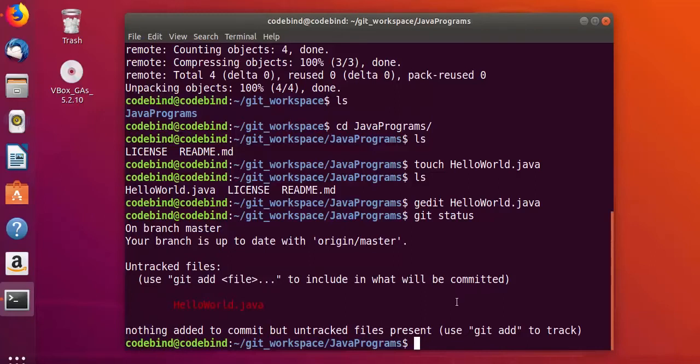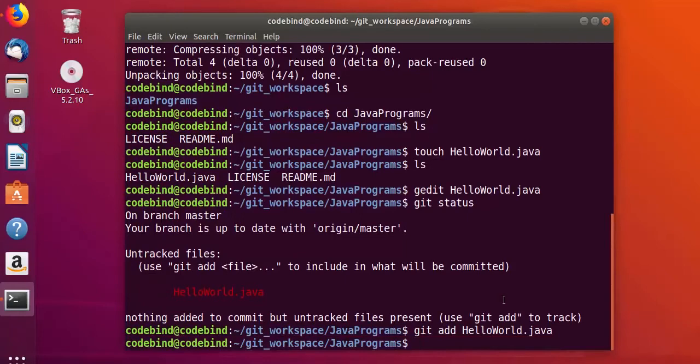So I'm going to just write this command, git add and then the file name. So I want to add this file to my git. So just write git add and then your file name, which is going to add this file to the git,